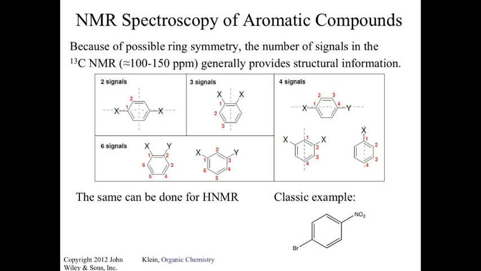This is what's known as para substitution. Para is really just saying that we have a 1, 2, 3, 4. So we have things at position 1 and position 4 on an aromatic ring. That's all that means. So para equals 1,4 substitution. If this were the case, and we draw on our hydrogens,